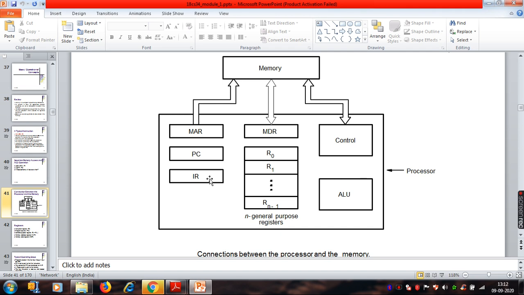The register contains the instruction. Executing an instruction is not a one-step procedure. Execution of any instruction contains multiple steps, because the program contains many instructions. So again, as I told, it is a step-by-step process. The program counter always points to the address of the next instruction to be executed, because the program is also a set of instructions stored in some part of the memory, right?